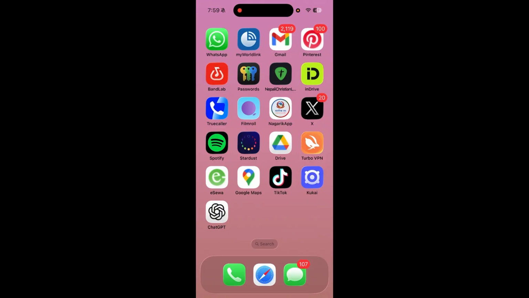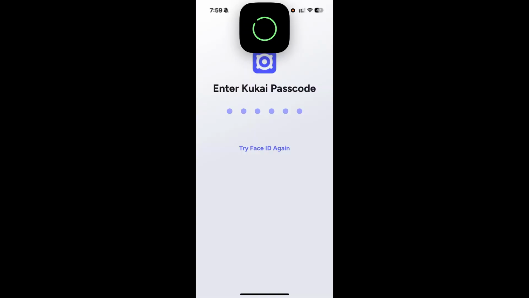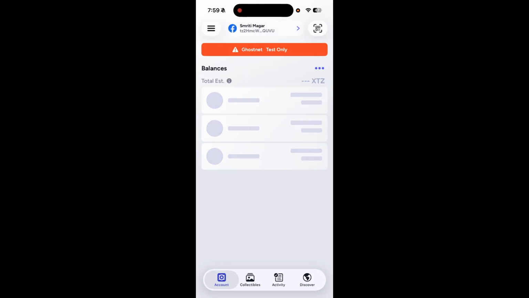So first you need to open your browser, or you can simply go to your Kukai app. If you do not have a Kukai app yet, you can download it from the Play Store or the App Store, and after that you can open your Kukai wallet over here, open it using Face ID or the password. And once you reach this dashboard over here, what you have to do is on the top there's your profile,